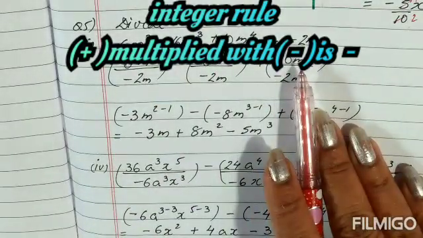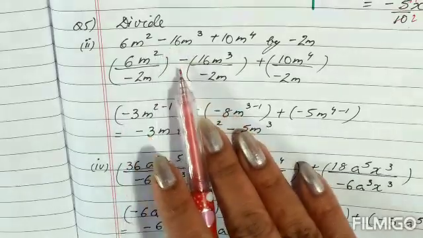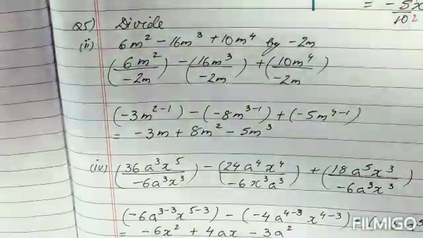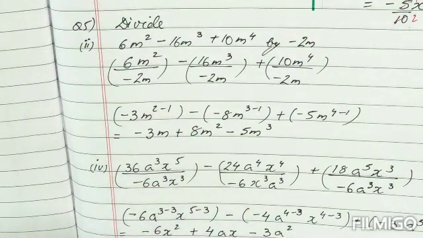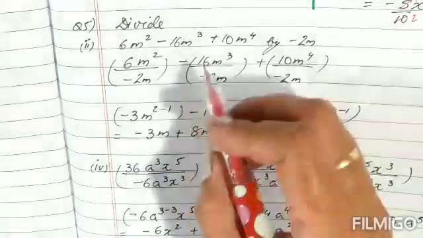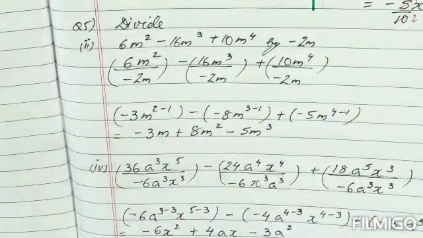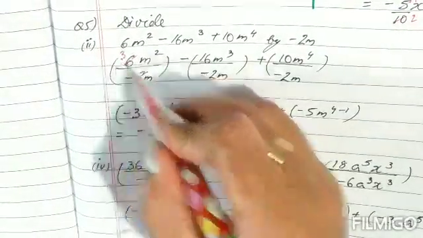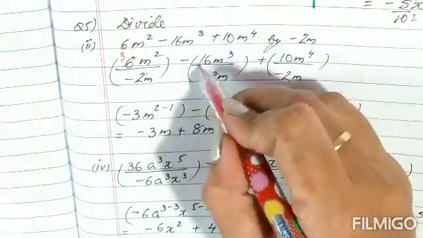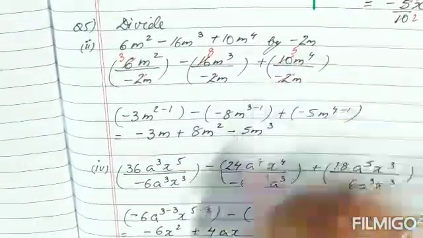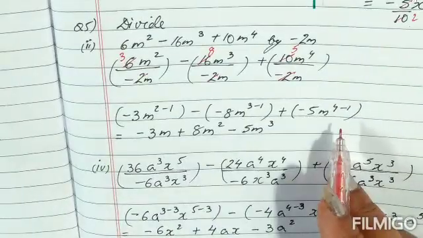I have arranged the terms, children. Then the sign that is there has been kept outside the bracket. Okay. Then after that, children, if it is getting reduced number by number, you are going to reduce it, right? See, 2 threes are 6, so this can be reduced 3 times. Again, this can be reduced 8 times. This can be reduced 5 times, right? So we have it over here.